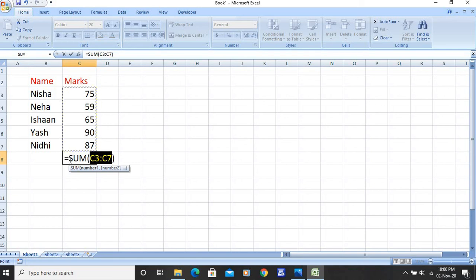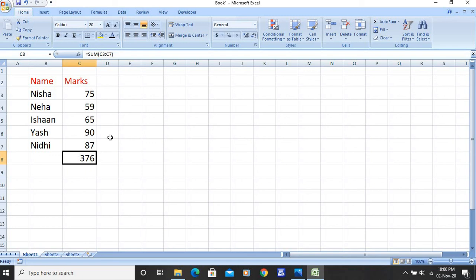You see, as I have told you, a formula entry always starts with an equals to sign. But since I have clicked on the auto sum button, the formula is automatically taken to be the sum. Sum means the total. Now when I press the enter key either through the mouse or through the keyboard, the result is shown to me. So this is how I will be able to do the calculations.